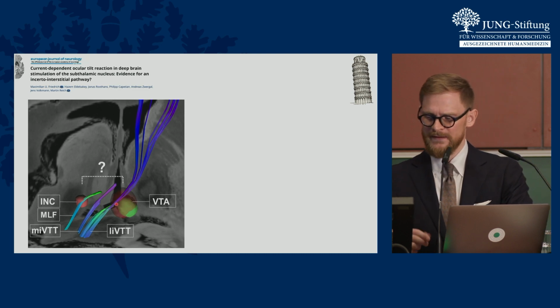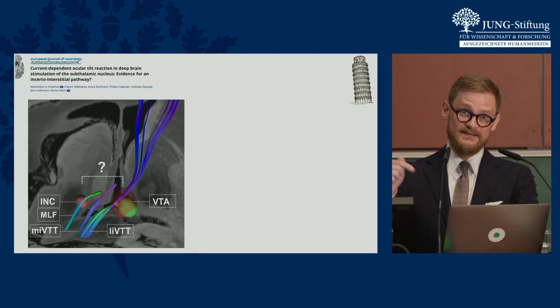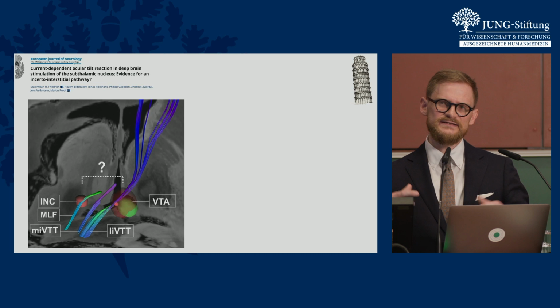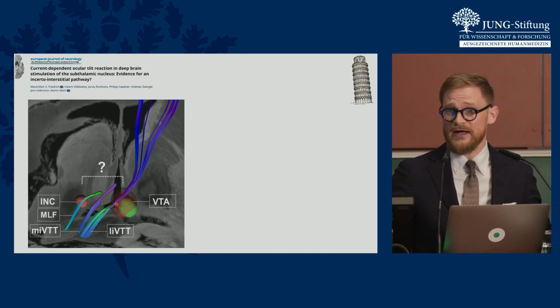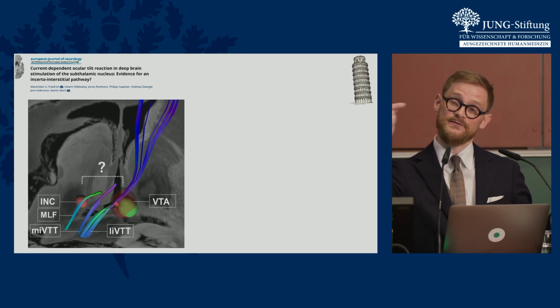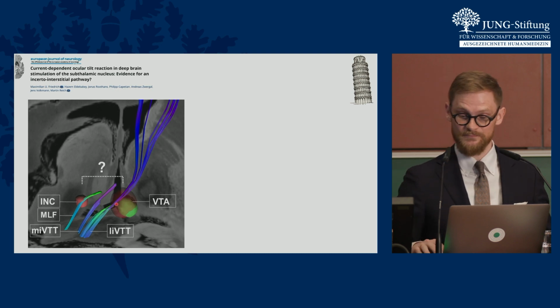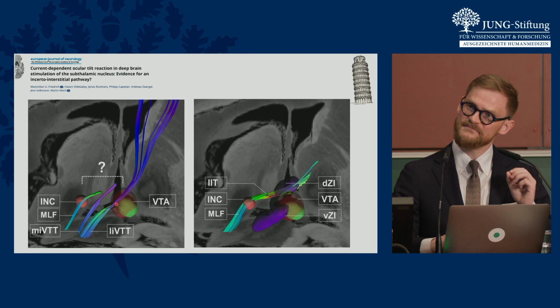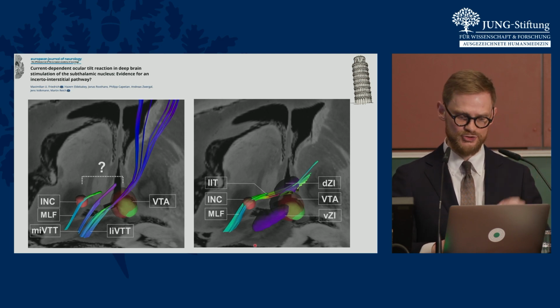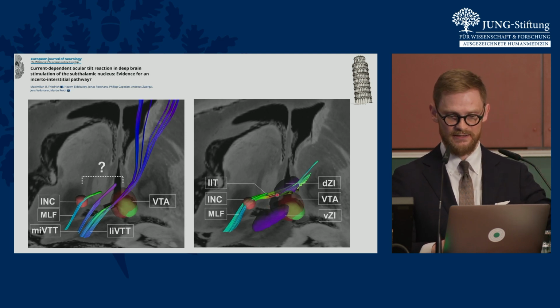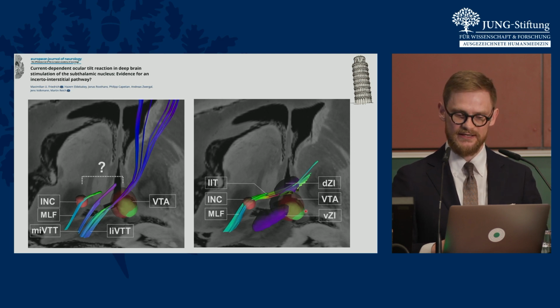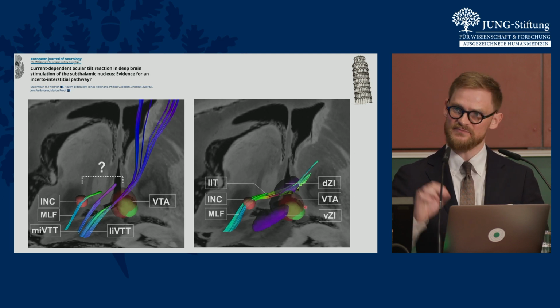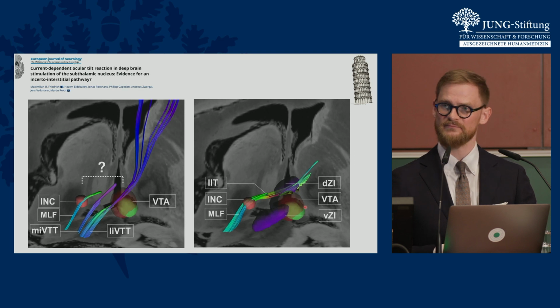So we thought, well, if we're not hitting that spot, we need to hit a fiber pathway maybe that connects the spot to other spots in the brain. And we used the connectome that I showed you to map that. And in fact, in the healthy human brain, there is one tract connecting the nucleus of Cajal and other areas in the midbrain. And this is exactly the tract that is being hit by this electrical field in that patient.